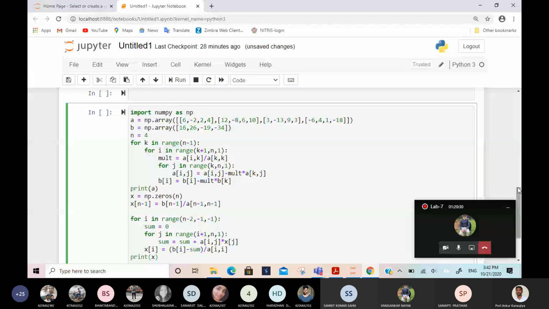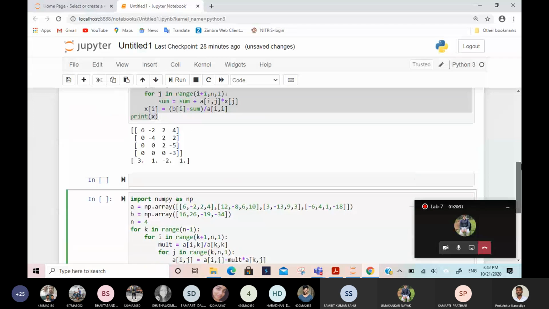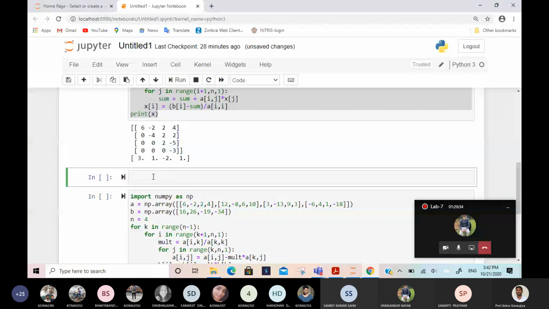So first I will define the problem, which problem I want to solve. I want to solve: y equal to 1, 2y equal to 1, very easy, 3x equal to 5, and z equal to 9.